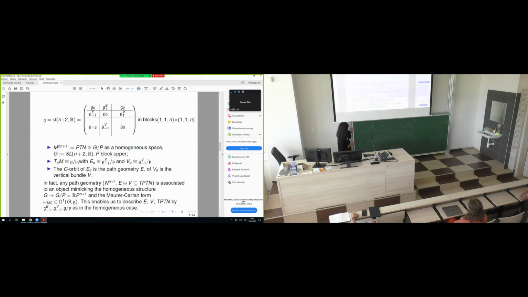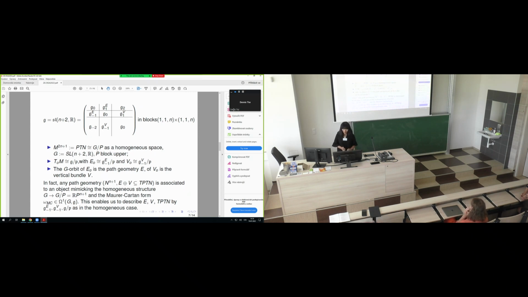And it's easy also on the base point to see that this g_{-1}^E, a one-dimensional vector space, is made isomorphic to your line bundle in this fiber, and the g_{-1}^V is an n-dimensional vector space made isomorphic to the V in this fiber, and by the G action on the path geometry, you pass these isomorphisms to other fibers of E